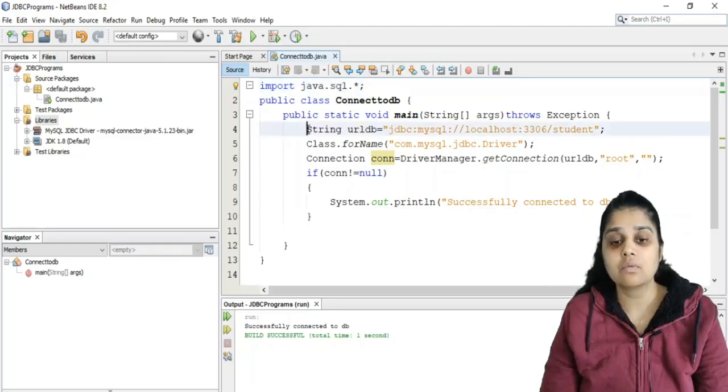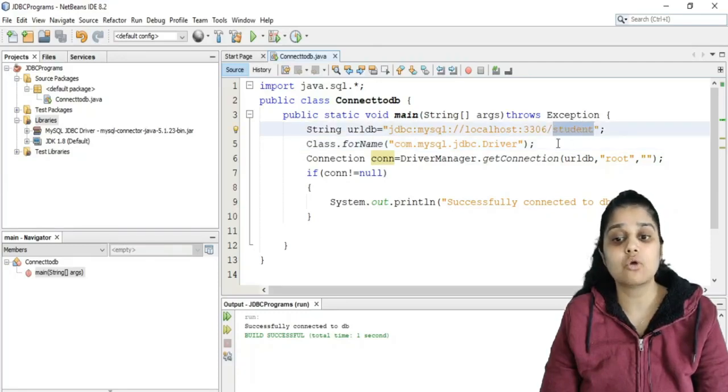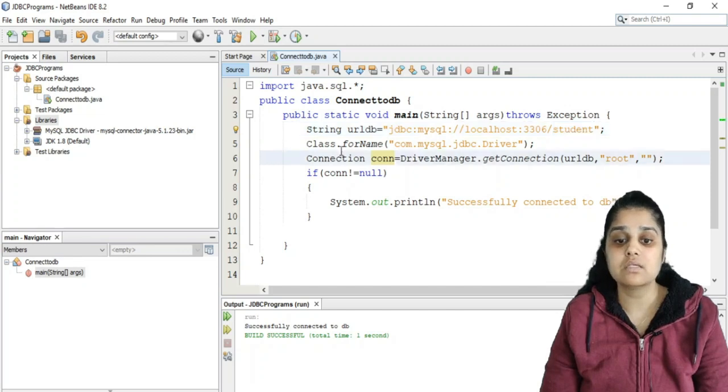Then I'm creating a database string or the database path, which by default is jdbc:mysql://localhost, because it is on this particular computer and MySQL is running on port number 3306. This is the name of the database that I want to connect with.